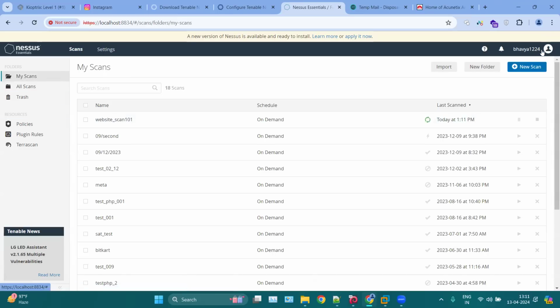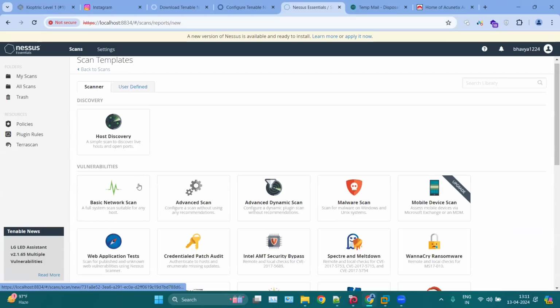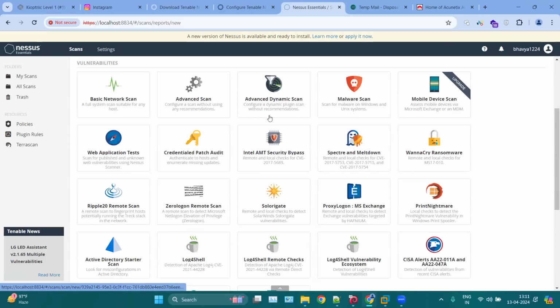Okay, so same as here, you can try any of the scans. You can start with an advanced scan also. You can start with this advanced dynamic scan also. For example, if you click here,